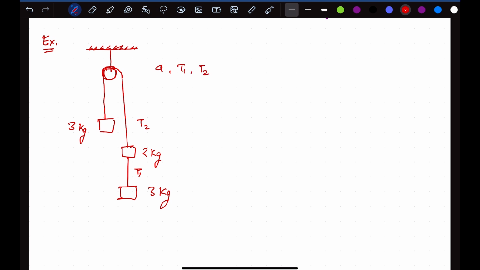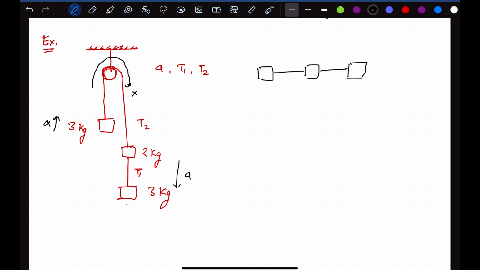So here as well we can apply that shortcut method. Only that we will consider this as the x direction motion. We know it is going to accelerate like this with the acceleration a. Even if we don't know, we can assume a direction for a, and if we get the opposite direction, then we will get a negative answer, right? So here I will first draw it on the horizontal and draw all the external forces acting on the system. Here the tension becomes an internal force, so I will not add that tension.